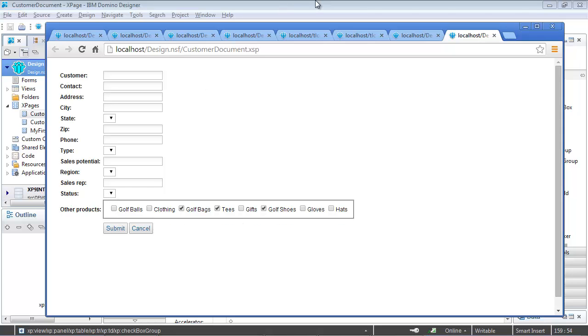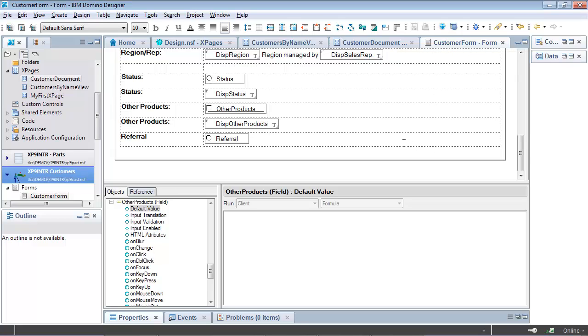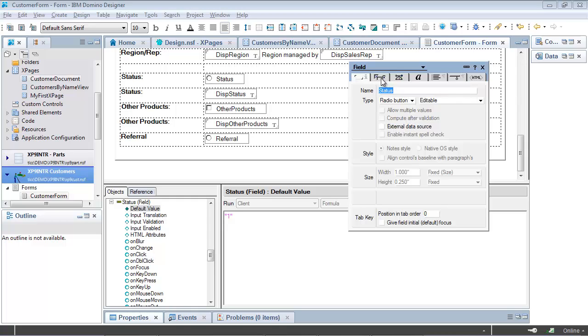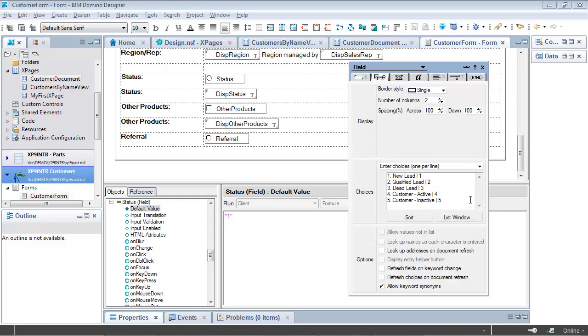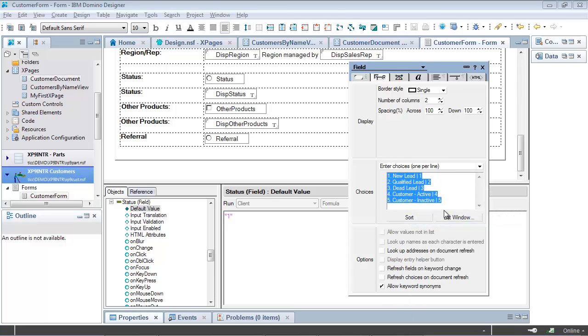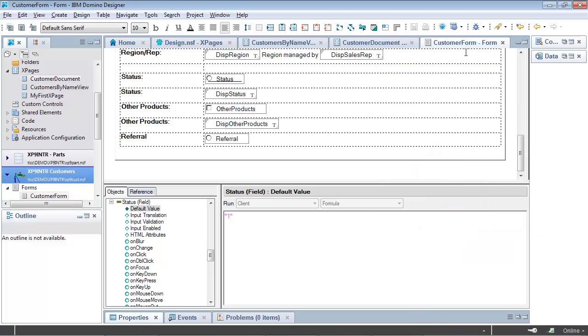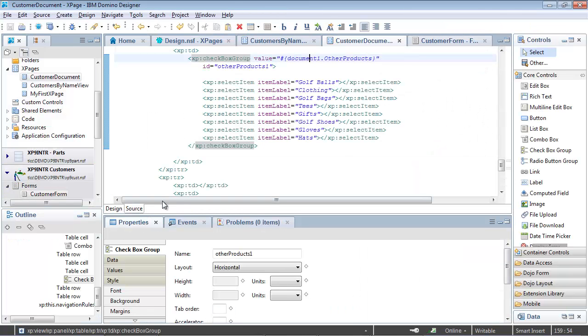So moving on to the status, I'm going to once again go to the original data source, my customer form and my customer's application. Here's where my status field is defined. And this does have choices entered one per line, and they are in label value pairs. So I'm going to copy those. Okay, so new lead will have a stored value of 1, qualified lead a stored value of 2, and so on. So just copy those into my clipboard. And back on my XPage,